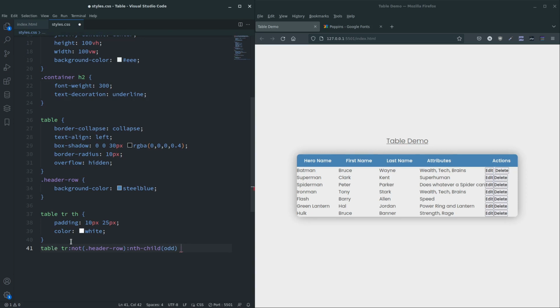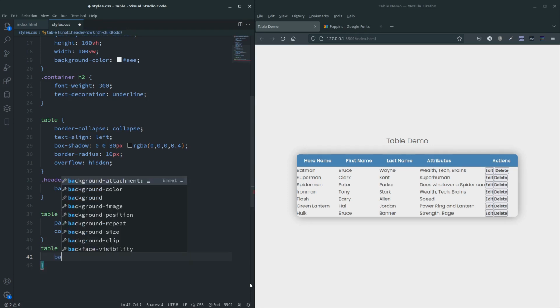So every odd numbered row that's not called has a class of header row will be affected by what's in here. And I'm going to give background